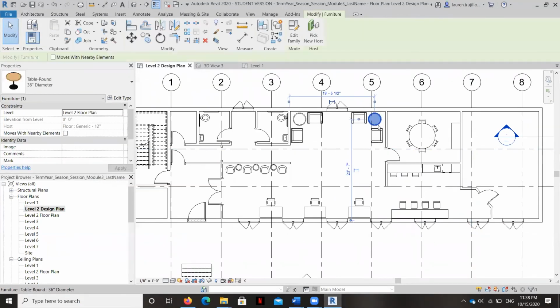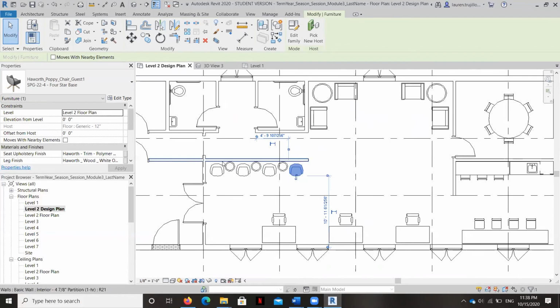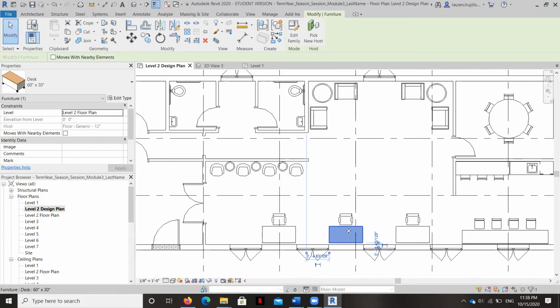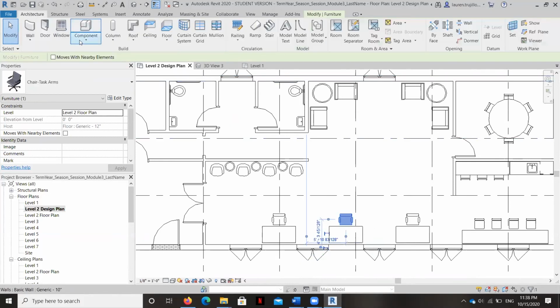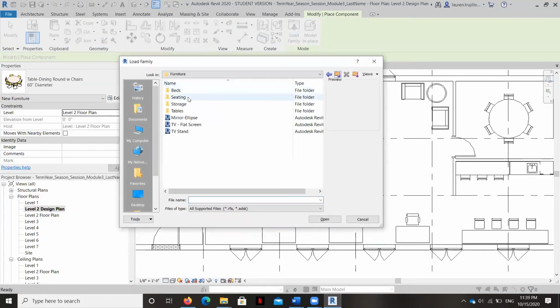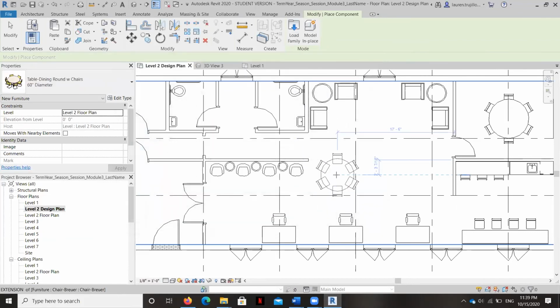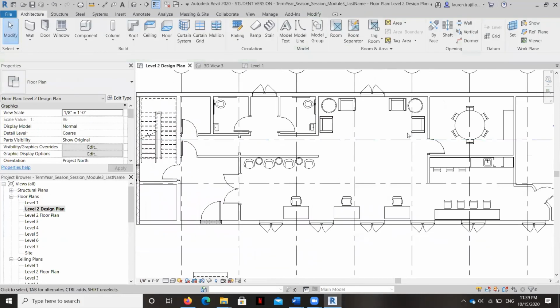You can see here I placed my table that was that original 36-inch diameter one. I placed a couple little poppy chairs here, and again that little 18-inch table for people to sit there. And then I put the very simple 30 by 60 desk. These chairs can be found in components. These can be found in the seating, and these are the task armchairs. So they're just real simple. So this is our floor plan.